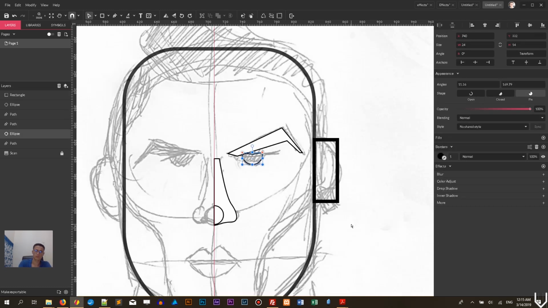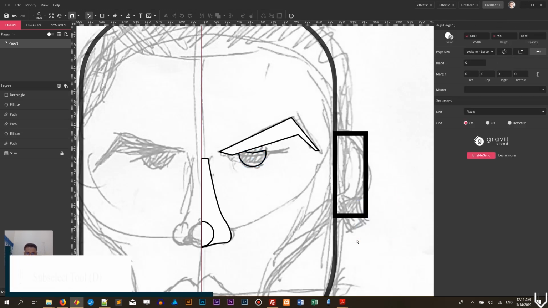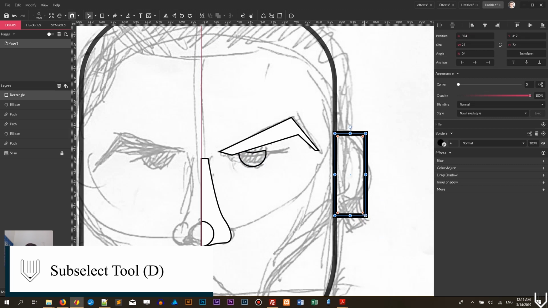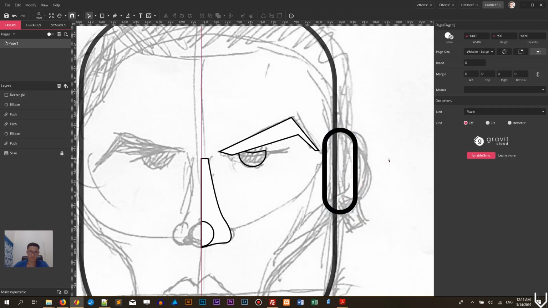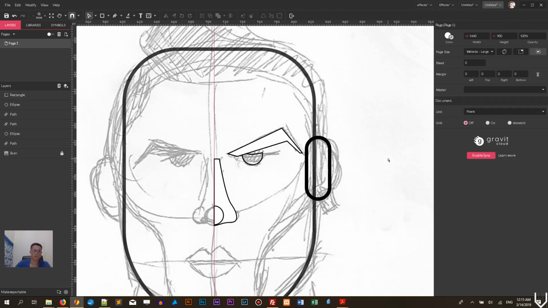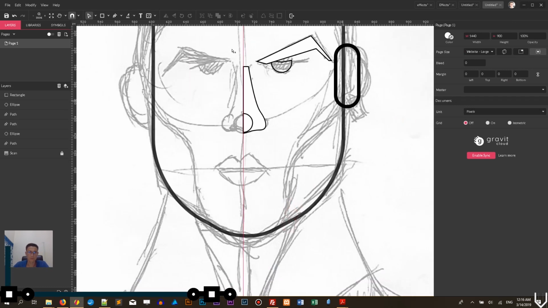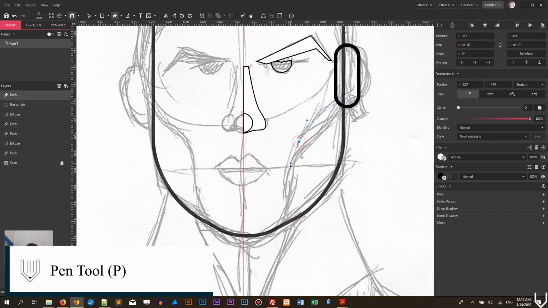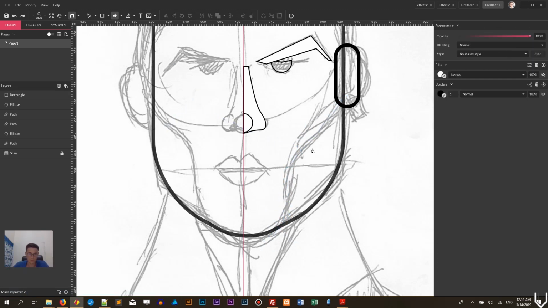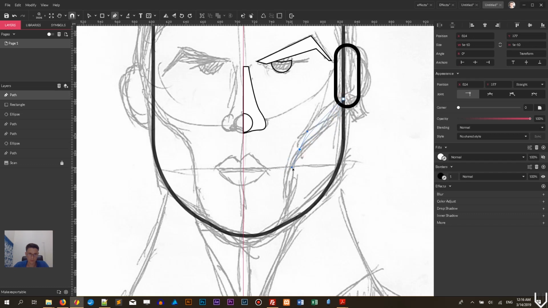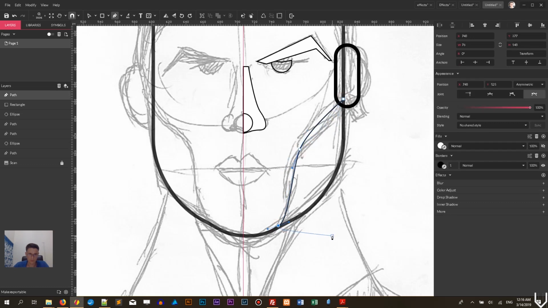Grab the subselect tool and round the corner of your ear as well, and I want to hide it below the skull, the shape of my head. Okay, grab the pen tool, and right now I want to create the cheek and the chin. So I want to form this shape. As you can see, it far extends the